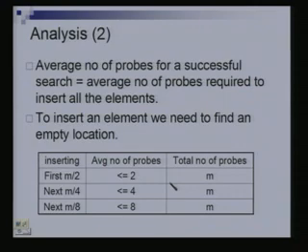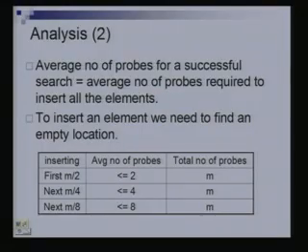Okay, let us look at a successful search now. Here I am going to talk about the average number of probes required for a successful search, not for one particular search, but if I were to look at all the successful searches. What are successful searches? Successful searches are searches corresponding to the elements in the table. I have some number of elements in the table. Let us say I search for the first element, then how many probes are required? Suppose I search for the second element, how many probes are required, and so on, and I will take their average. Let me try and compute this quantity.